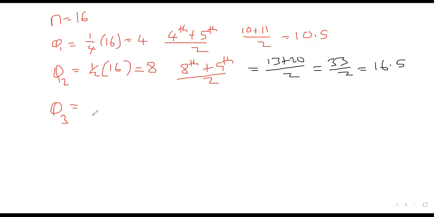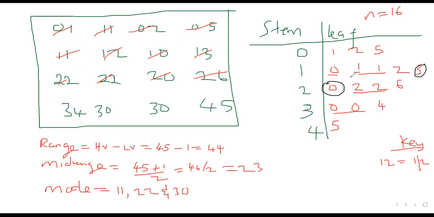All right. Then finally, 3/4 of N. 3/4 of 16. What do we get? 12. So what does it mean if we get a 12? The 12th and 13th number added and divided by 2. So this was 1, 2, 3, 4, 5, 6, 7, 8, 9, 10, 11, 12, 13, and